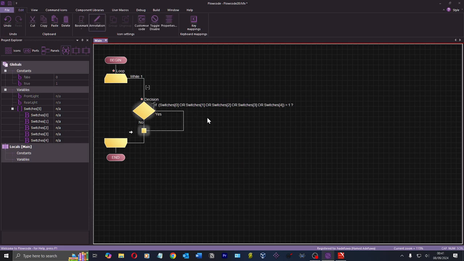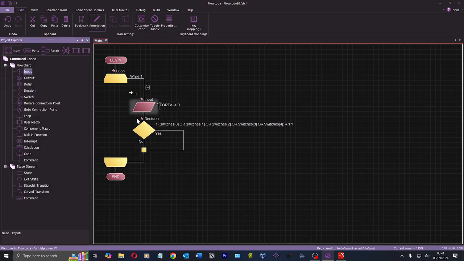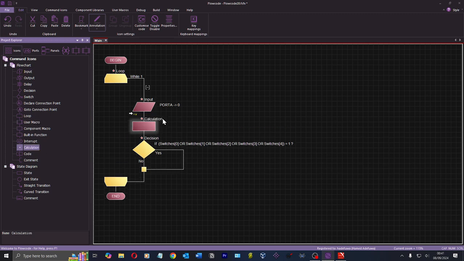So if any of those switches are on, now we haven't read the inputs for them, so let's do that. So I have to read all the inputs and map them all. So this is going to suck as well. So inputs. I'd like to just map. Can I just make, okay, this is interesting. Can I just fully map my whole port A to that whole, let's make it an